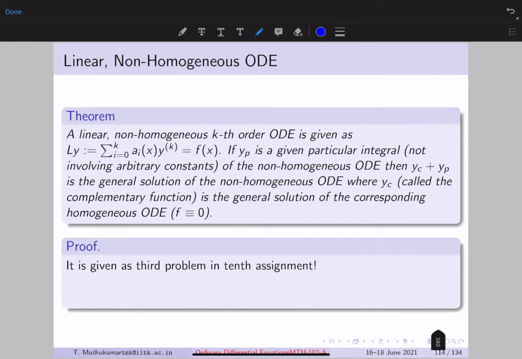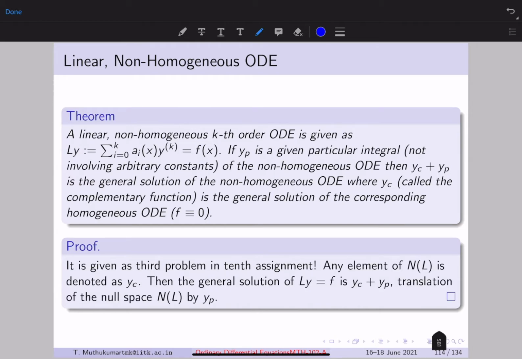So I have given the proof of this theorem as an assignment because it's easy. I've already explained pictorially in this lecture whatever is the proof of this theorem. So please try doing it. I've given it as a problem in the assignment sheet. Okay. But the idea is this: